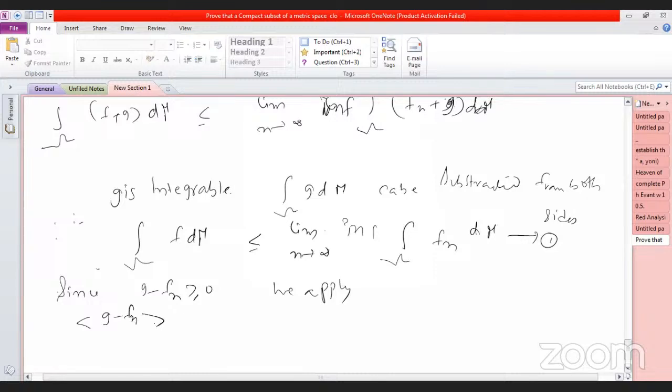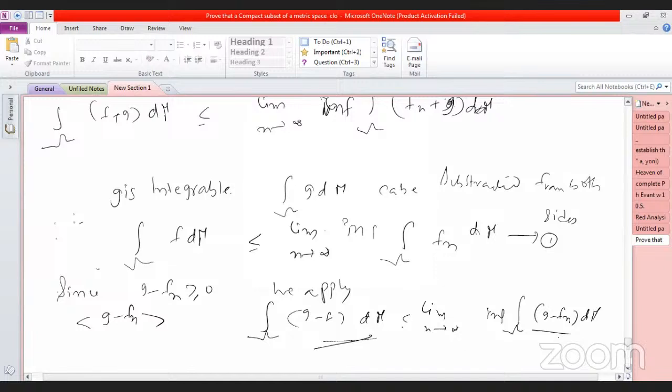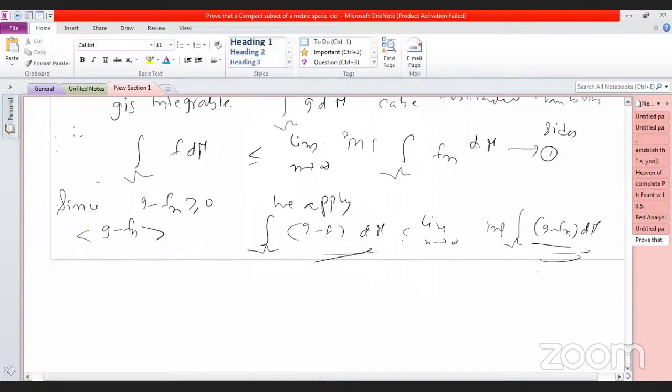G minus Fn is a sequence, and we conclude by Fatou's theorem that the integral of G minus F d mu is less than the limit infimum of the integral of G minus Fn d mu. Here we are taking the condition from F to Fn, so that we are taking here